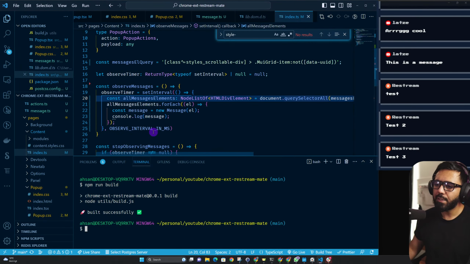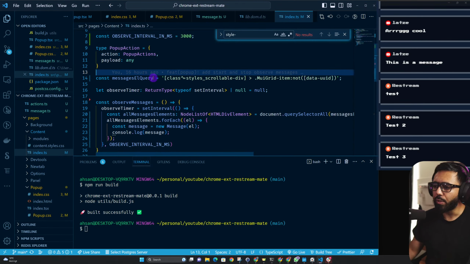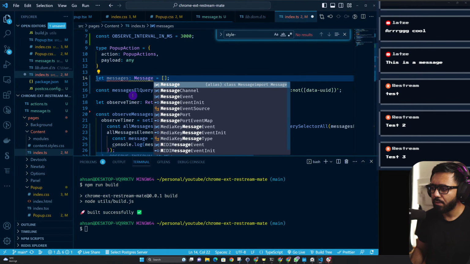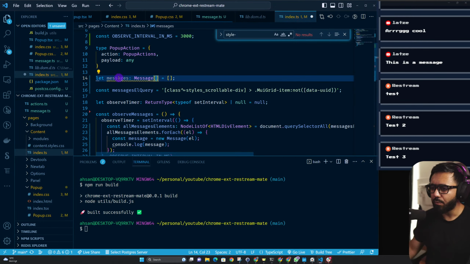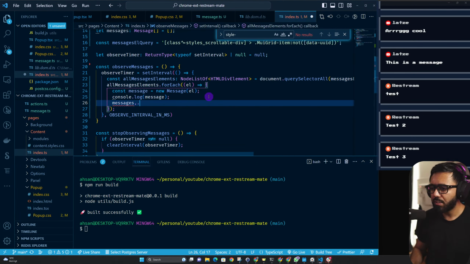So what I also want to have is a list of all the messages that we are processing. Ideally, we should only be processing the new messages, and we should then be pushing them into our message array. So what we do is we search for the next elements and we push them into an array. So here we can say that we have a messages array, and this messages array would be of type array of message. And then we'll just do messages.push